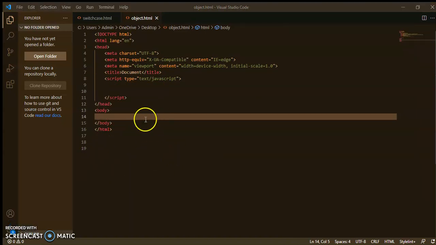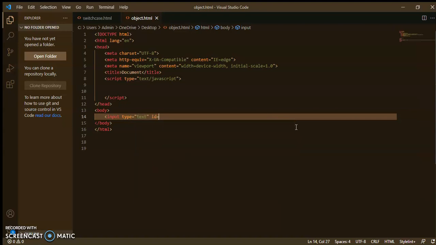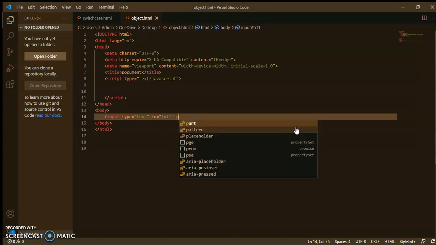Currently we don't have any DOM input here, so I will create the user text box and the button. For that, I will create a control for user input: input type equal to text, id equal to, suppose, txt1, and placeholder.